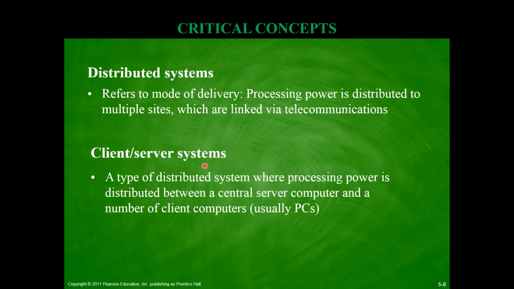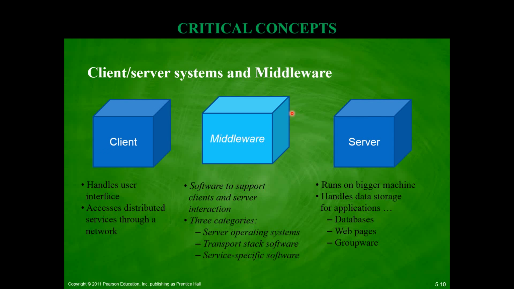And then you have client-server systems, where you have a client and a server. Server means a powerful computer. It's reflected right here: a powerful big machine responsible for most of the transactions. However, some transactions are also done by client computers. Typically client computers are smaller, less powerful desktop computers utilized by specific employees. And then there's a middleware that connects client computers to servers, so that some of the load, some of the processing, some of the data storage, and some of the software installation is done not on the server side but on the client side. So it helps to alleviate the burden that is being put on the server.